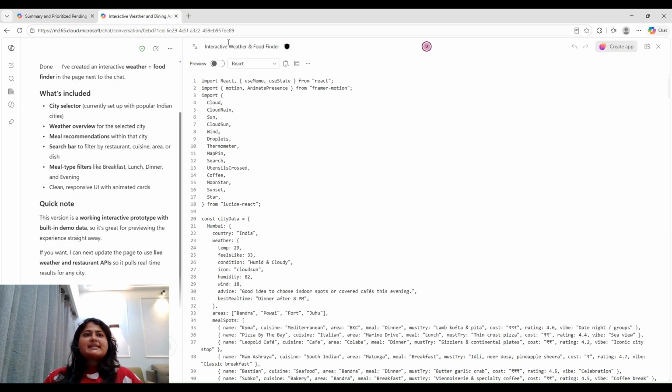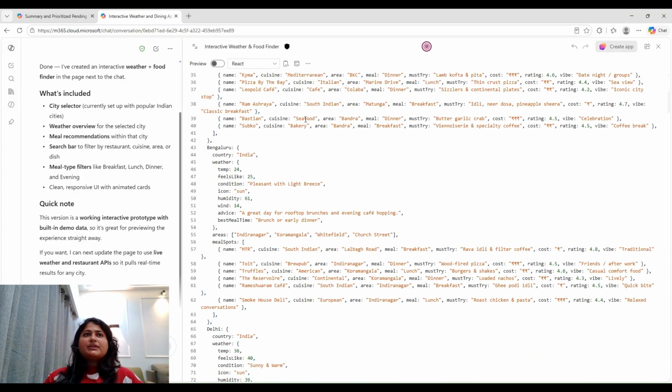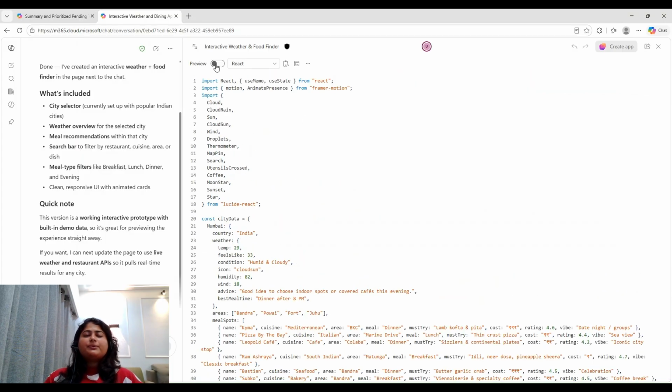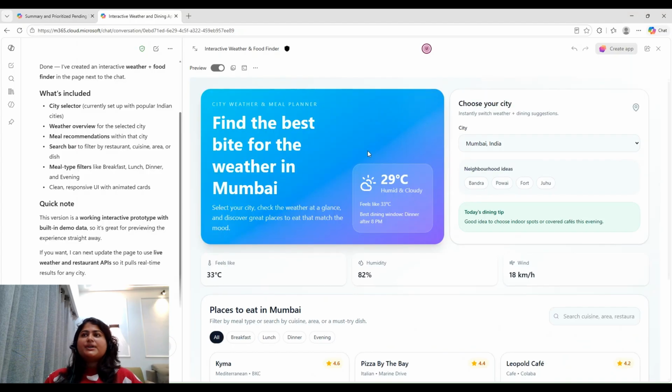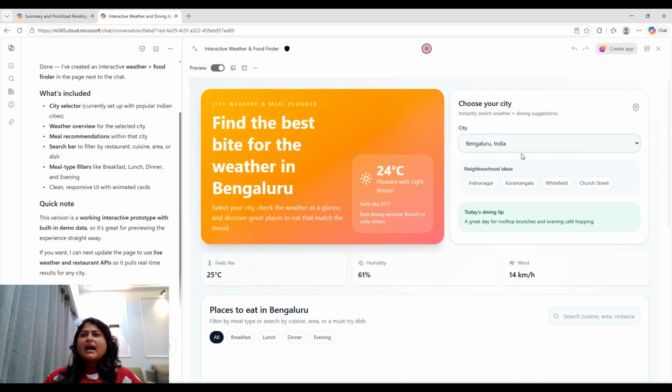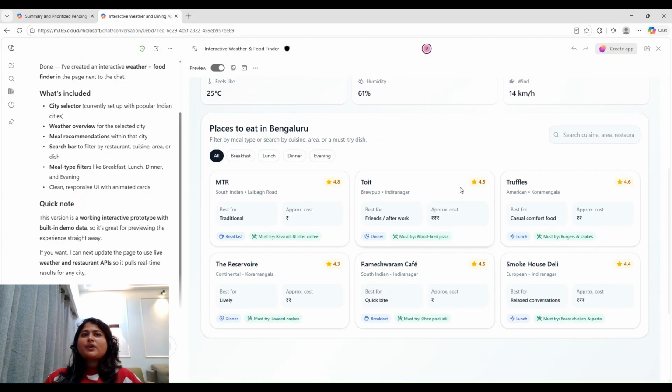So it has created an interactive page in a React application. Now if I click on this preview, I would be able to see how exactly the application would look like. So this is how the application looks like, where I can choose my city, let's say Bangalore, and it is going to show me the temperature of Bangalore, and all the other things.